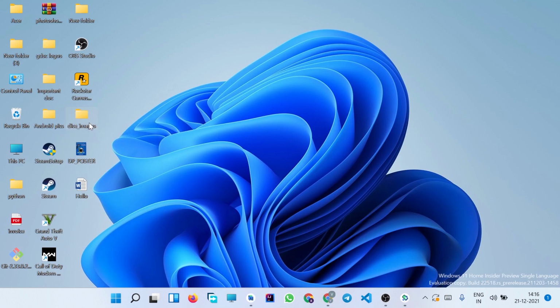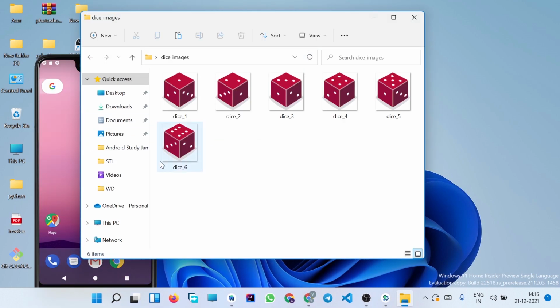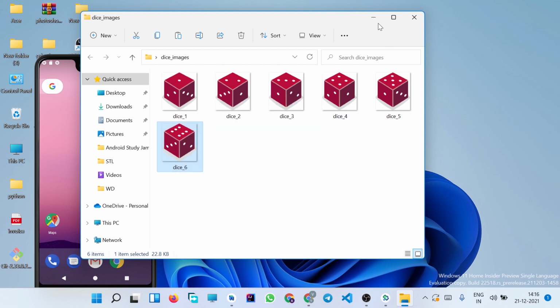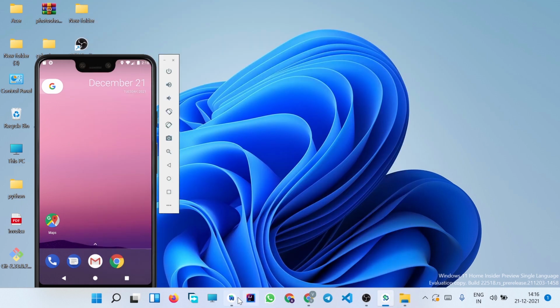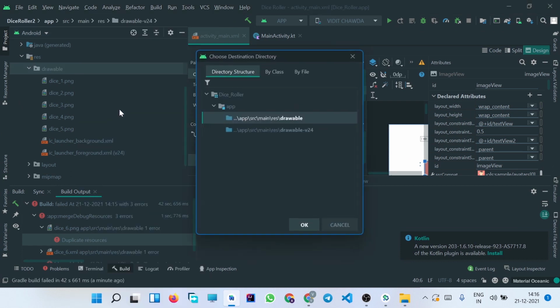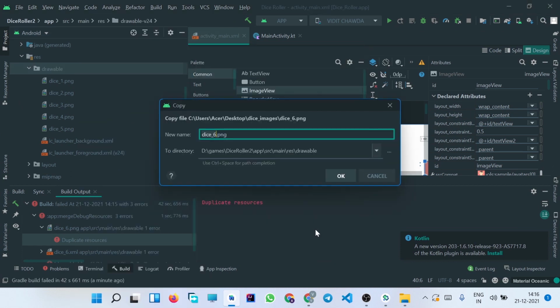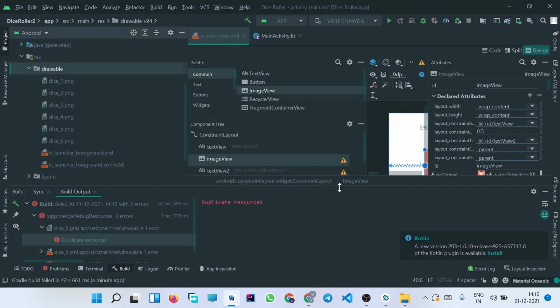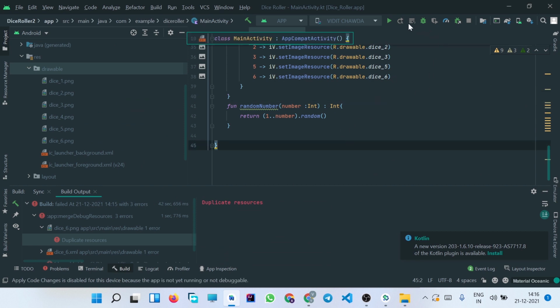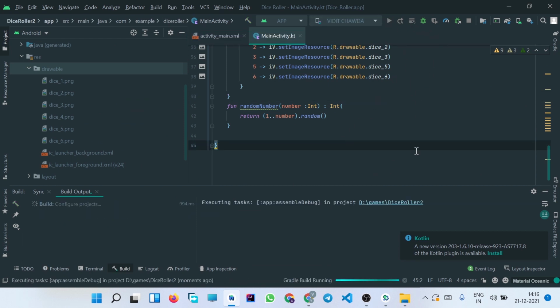So let us copy it again and paste it in the drawable folder. Okay, so now we have pasted it in the drawable folder, and let's see if the error has gone. Okay, so now I think it should run properly.